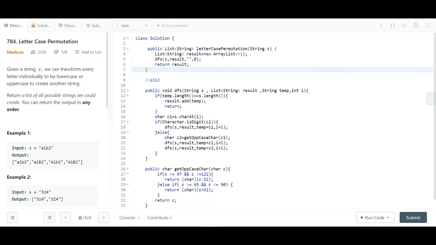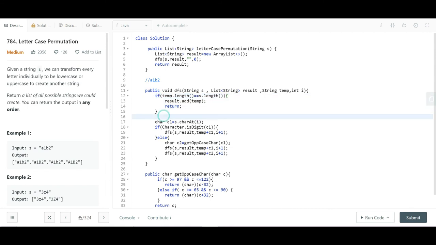Fine. So in the DFS call, as we will recursively call this, there's something needed called a base condition, right? Where we have to stop this recursion. That will be if temporary dot length equals s dot length, meaning the actual string length and the temporary, where I am collecting the result, if their lengths are the same, that means one complete branch is done, and then we can collect it as a result. So that is the base condition for this recursion.